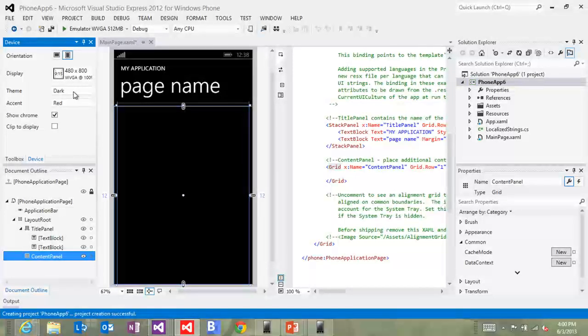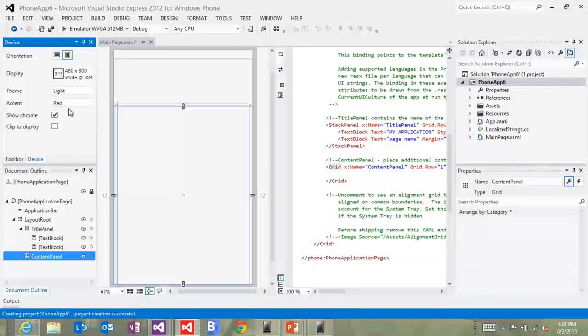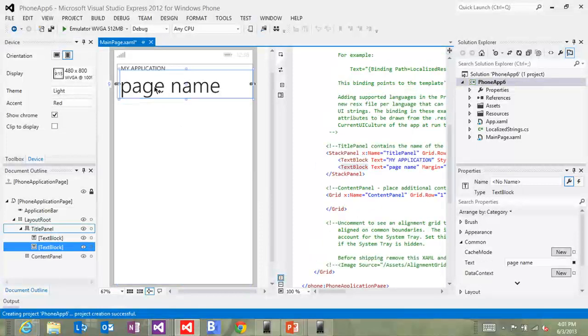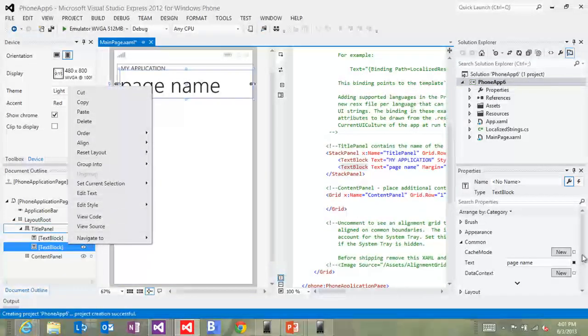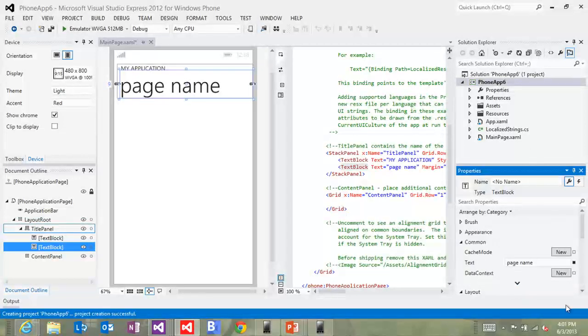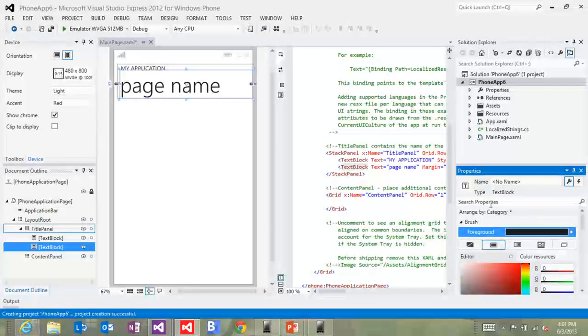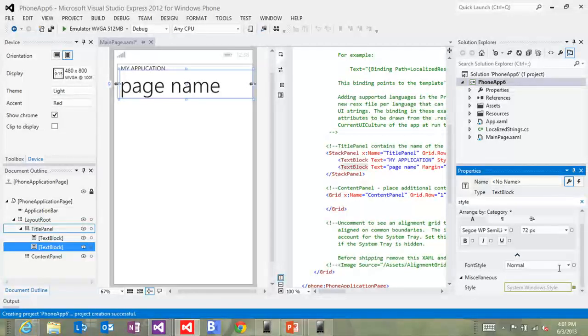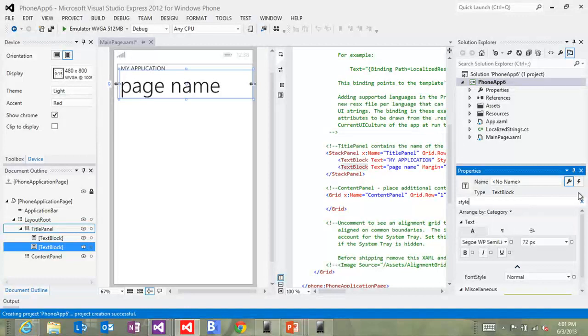So now we have in the designer the ability to say, I want the light theme, and you'll see here's the light theme, and the text appropriately changed to black because it's not using a hard-coded style. It's using one of the styles. It's not using a hard-coded color. And so it's in here. The properties continues to be very, very large, and there's a lot here, but we got the search box from Blend, so you can actually just type like you can in Blend, and you'll see here different styles and so forth.